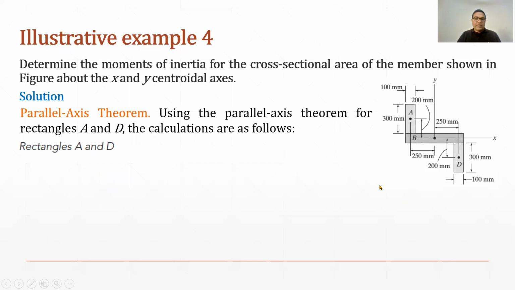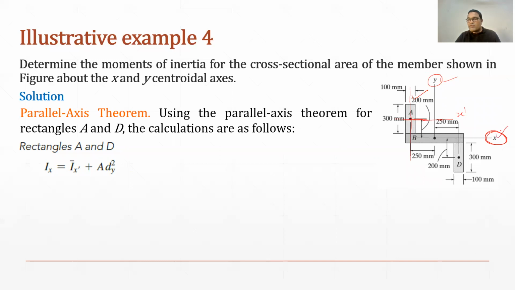So now for rectangle A and D, as I said, they are very similar to each other. So first we will see what is the moment of inertia of this rectangle A about the x-axis. As you can see, we have to find out moment of inertia of this rectangle about x-axis and its own axis about CG. Say this is x dash, and this axis will be parallel to y-axis, because we have to find out moment of inertia about both these axes, x-axis and y-axis.